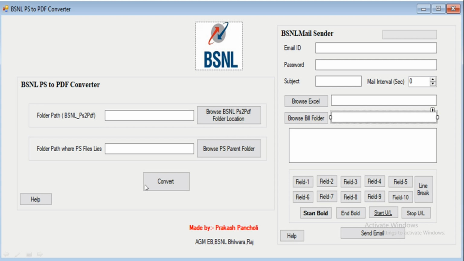And the second one is the browse PS parent folder, which means you have to give the path of the folder which consists of your PS files. Then you just need to press the convert button, and it will automatically convert all the PS files. The output will be stored in an output folder, something like BSNL PDF output, that will be automatically created in your input folder, or the parent folder that consists of the PS files.